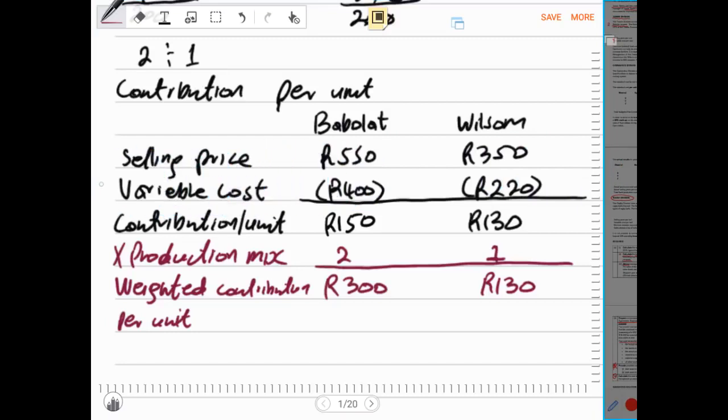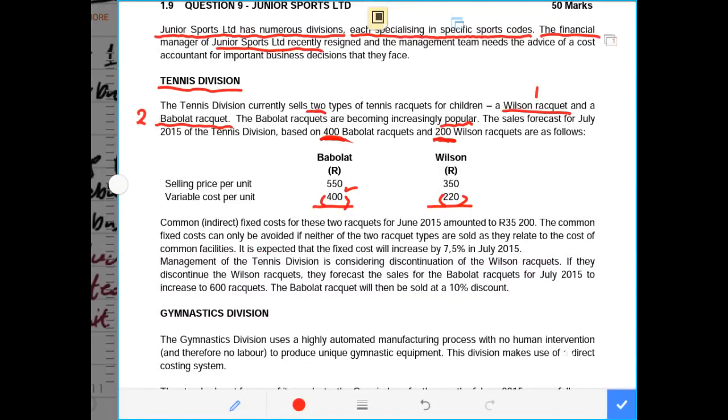I don't want to go further, because there might be perhaps other variable costs that I need to take into account. This was 130, or this was 150, and this was 130. So now I just need to take into account such. So we proceed now in that same note. In the same note, it says common, which is indirect fixed cost of these two rackets for June in the year